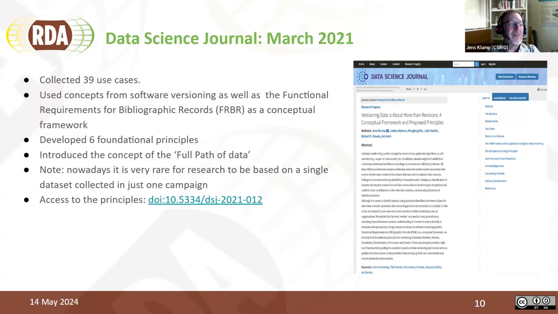You see the DOI at the bottom of the screen, and we use the Functional Requirements for Bibliographic Records further as a conceptual framework. We know that this is not particularly popular among everybody, but it turned out to be quite useful.